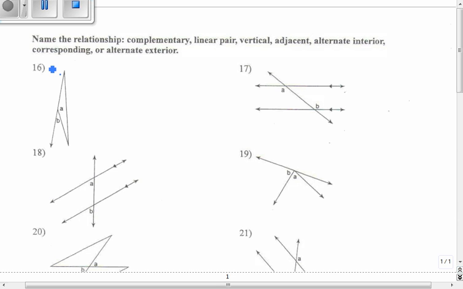Problem 16 asks us to name the relationship: complementary, linear pair, vertical, adjacent, alternate interior, corresponding, or alternate exterior. So let's first define what these different relationships are. Complementary means that we have two angles that do what? All right, a linear pair, they form a what? So they add to